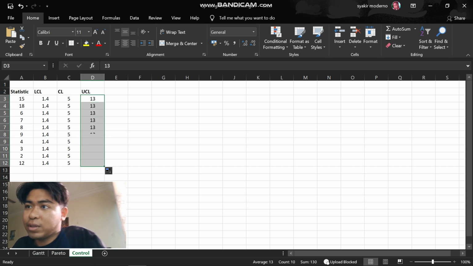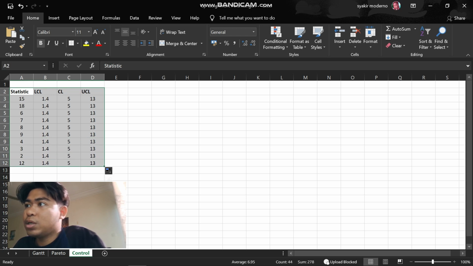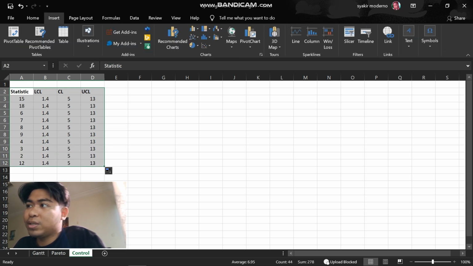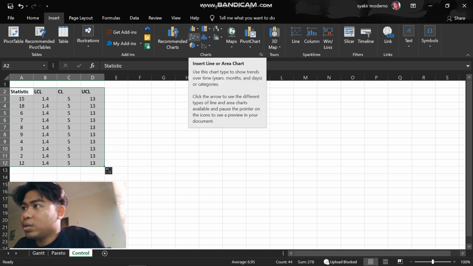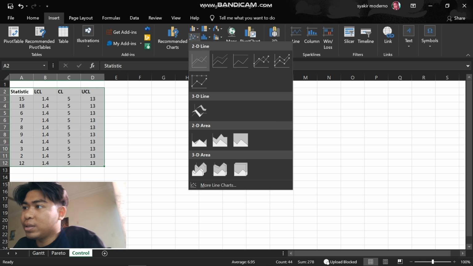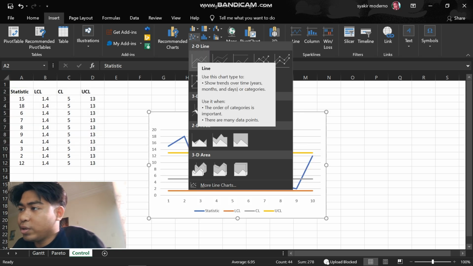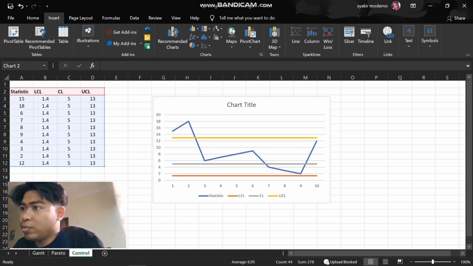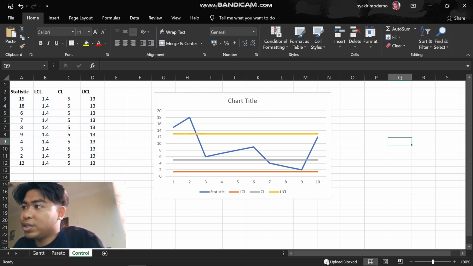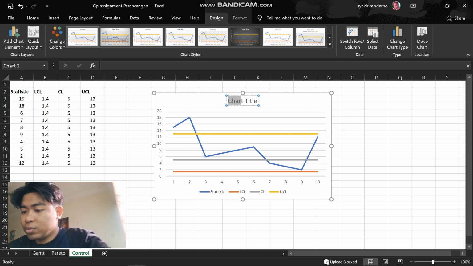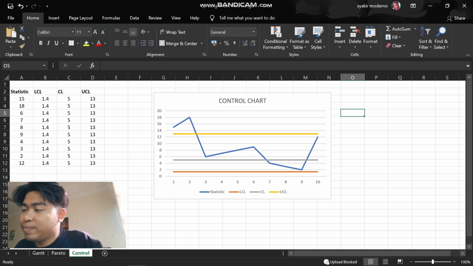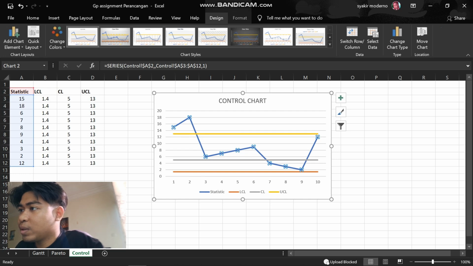Then after that we can highlight all of this, and then we can go to insert, pick the insert line and area chart. In the 2D line, pick the first option, then we got this. So now we can adjust the chart by, like, you can just say here control chart, and the simple thing that we can do is click the chart, click the blue line, and then right click it,